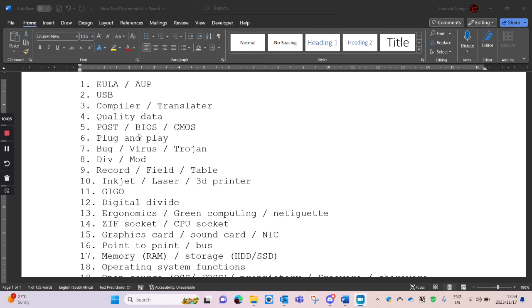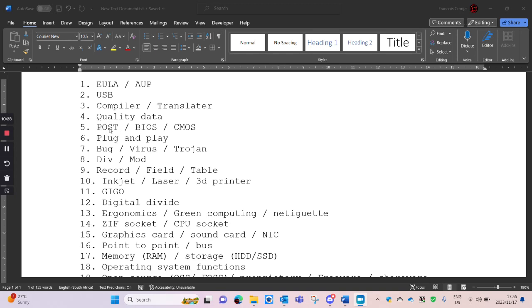So BIOS is firmware, a type of software that's loaded on a RAM chip. What the BIOS does is a POST. As soon as the computer is switched on, the BIOS loads, and the first thing it does is a POST, the power on self-test, where it checks whether all the critical components are working or not.